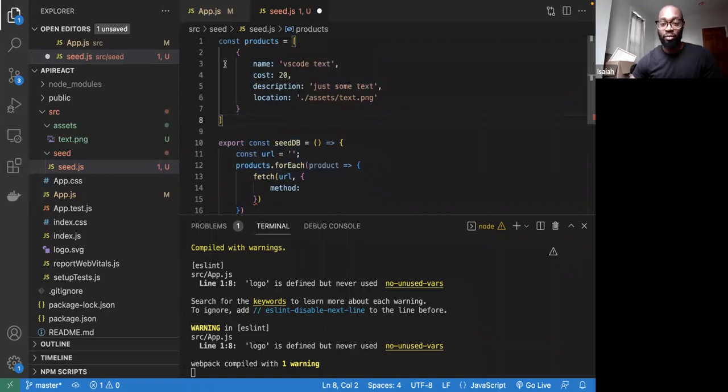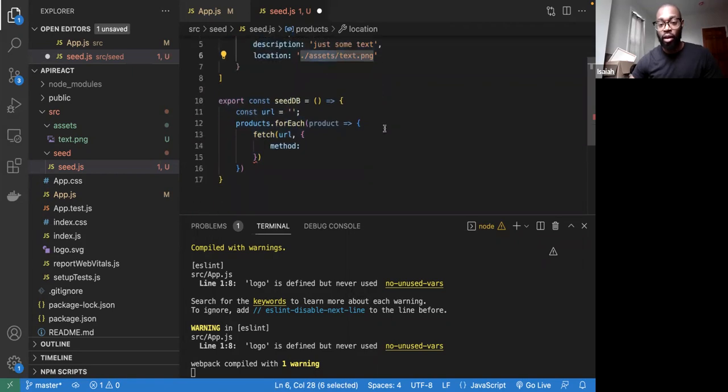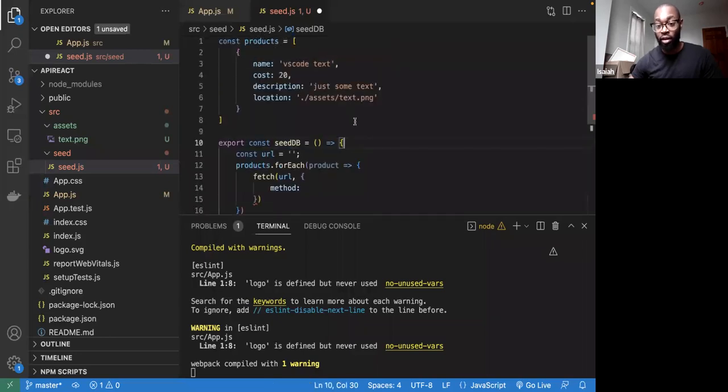So yeah, this is the seed data right here: the path, the description, the cost, the name. And then also export it to a function to actually seed the data. So I'm just looping through the products with a forEach, and I'm going to seed the database with each product. What I had started to do was write out this fetch object,